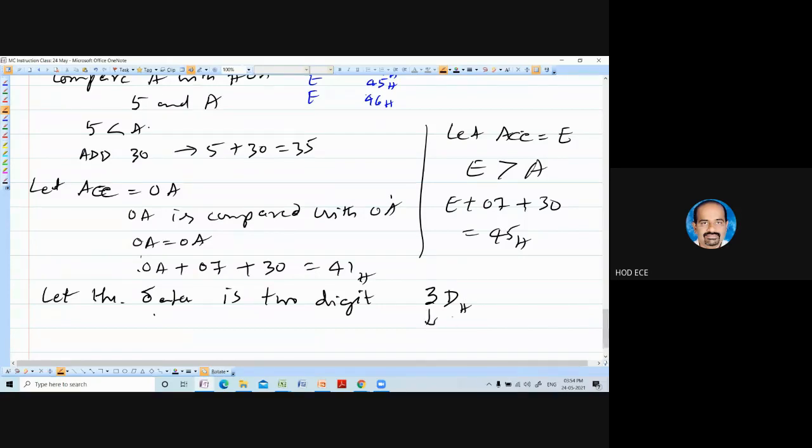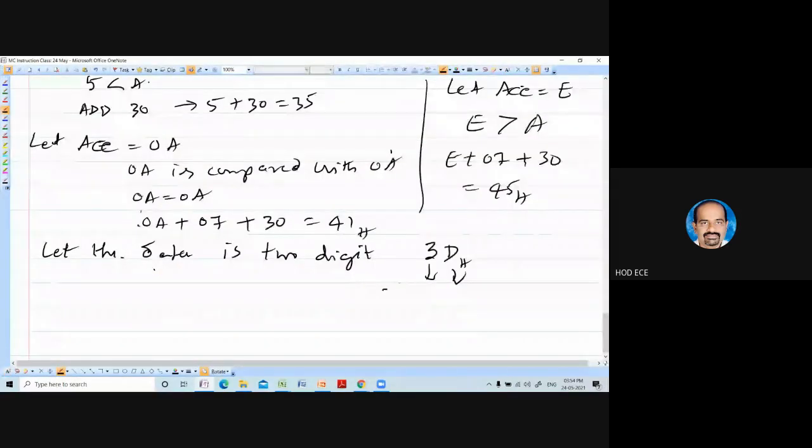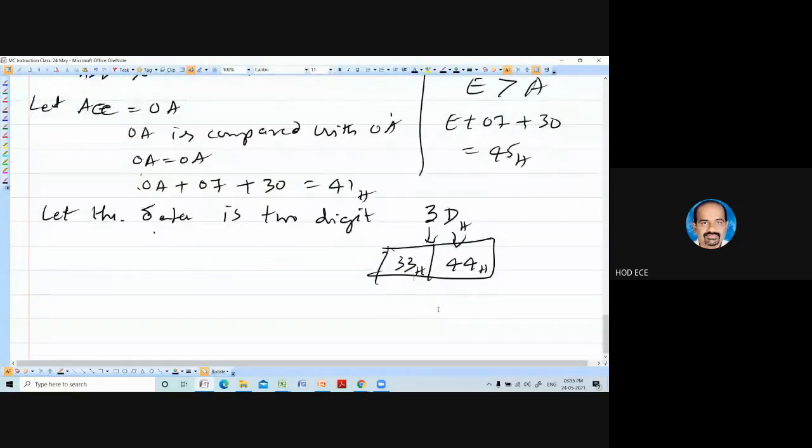Then you have to get the output as 33 and 44, like this. Corresponding digit data you have to get.